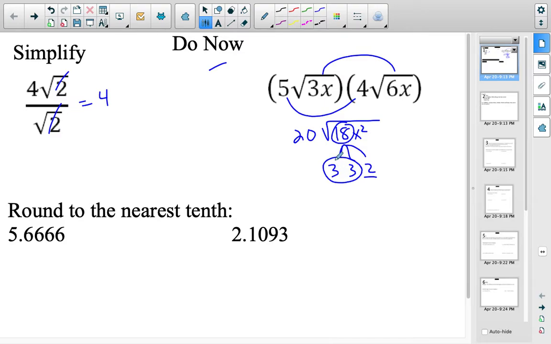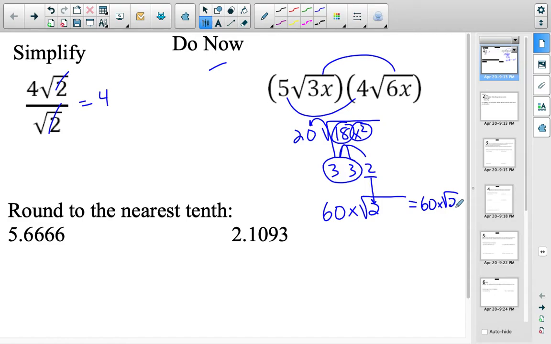So from a number standpoint, the 3 comes to the outside. Now we're going to have 60 on my outside and 2 on the inside. And then this x squared obviously is x times x, so that can come out as 1x. So we have, write it over here really quick, 60x